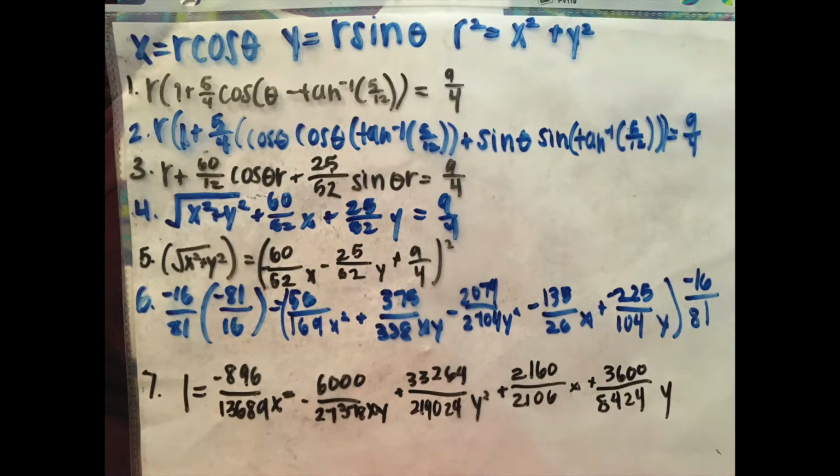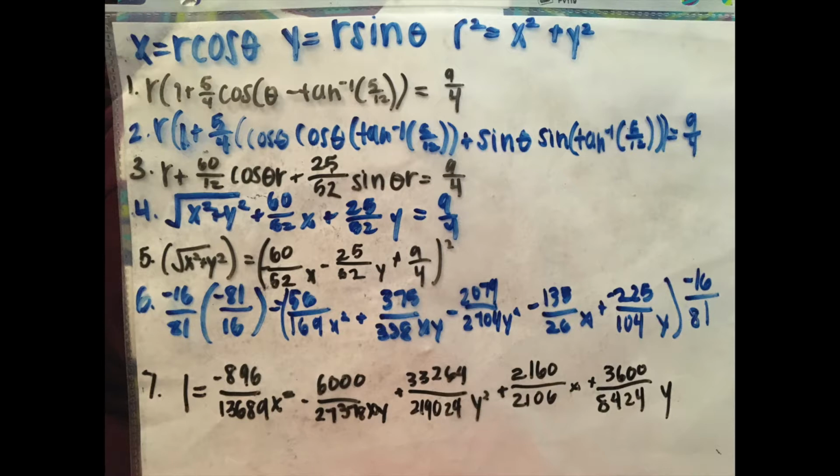the identity for cosine of a plus b, which gave me r times (1 plus 5/4 (cosine theta times cosine tangent inverse 5/12 plus sine theta times sine tangent inverse of 5/12)) is equal to 9/4. Next, I condensed what was inside the parentheses and distributed the 5/4 and r to give me r plus 60/52 cosine theta r plus 25/12 sine theta r is equal to